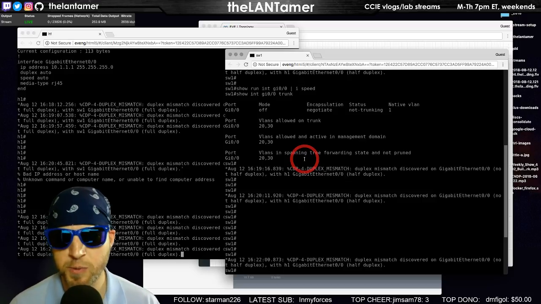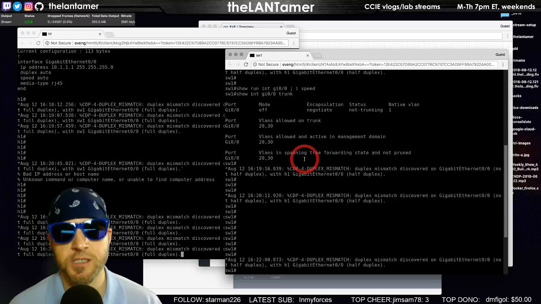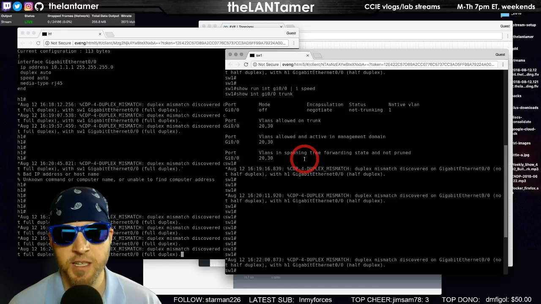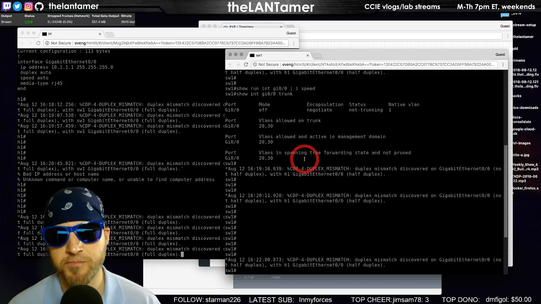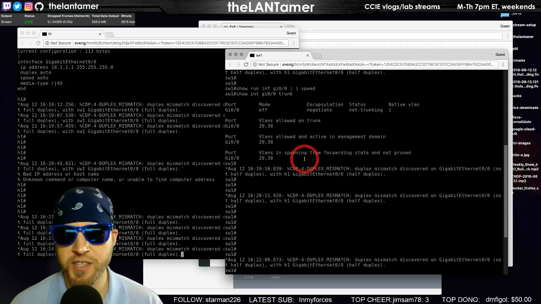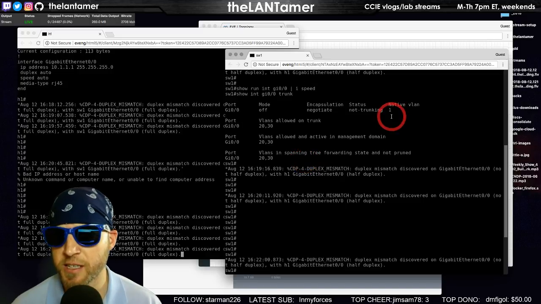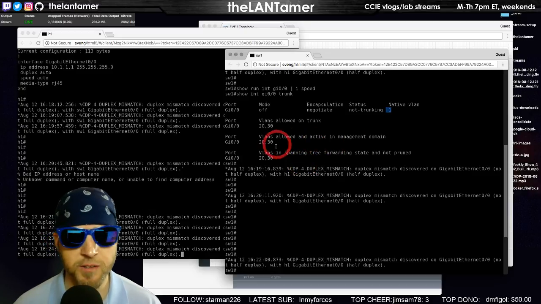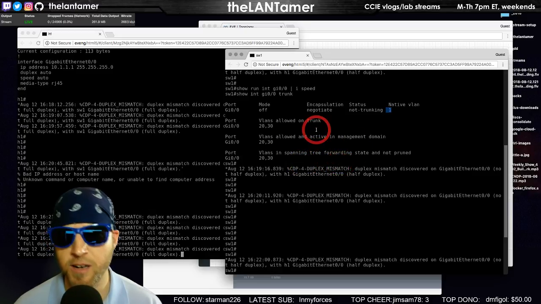What kind of switch port would support multiple VLANs, but not necessarily be configured as a trunk port? And you got it right, of course. It is a port configured with a voice VLAN, right? So that is the answer, and that is why you see there are two VLANs. Even though there's a native VLAN here of one, there's no switchport mode trunk configured. There's no switchport trunk allowed VLAN.